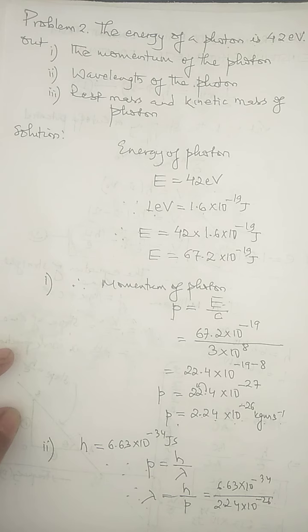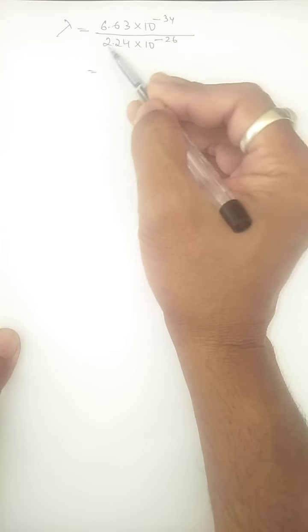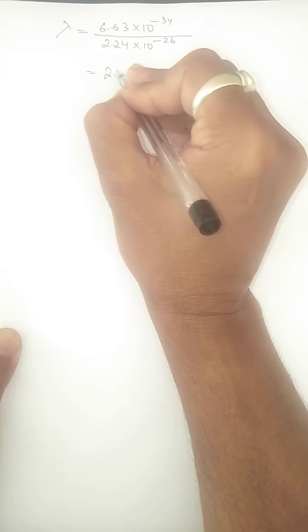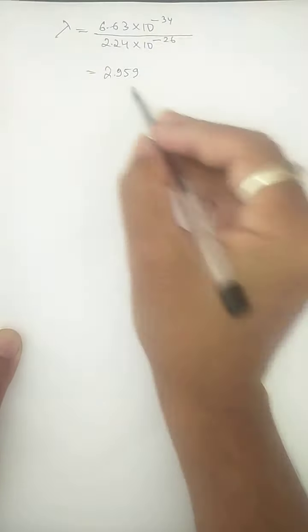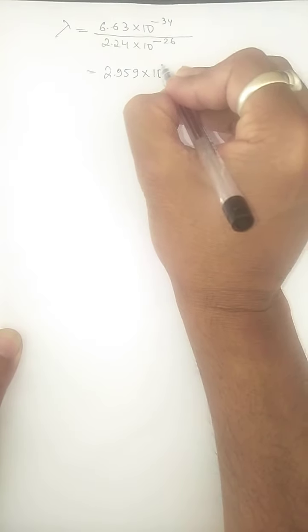Yes, we can simplify this. But children, we calculate the wavelength basically in the unit called Angstrom. So we keep the standard unit of wavelength as Angstrom. Now let me divide 6.63 by 2.24. You can use a calculator and divide, you get approximately 2.959. So I am writing in 3 decimal places 2.959 into 10 to the power minus 34 is already in